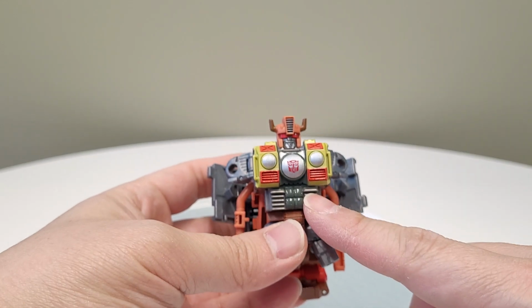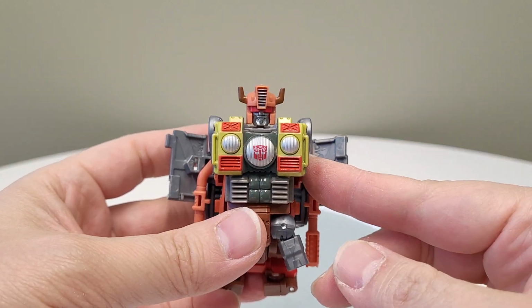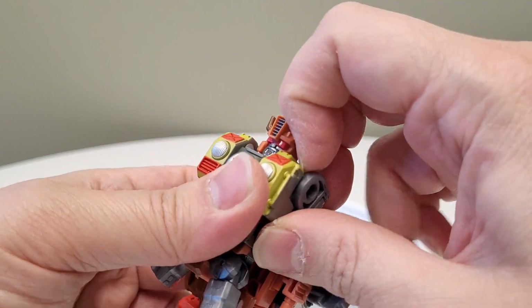Okay, so a unique thing about this body is normally this is supposed to be closed when you're making the normal robot mode, but in this instance,